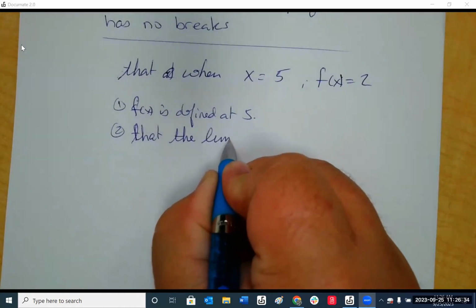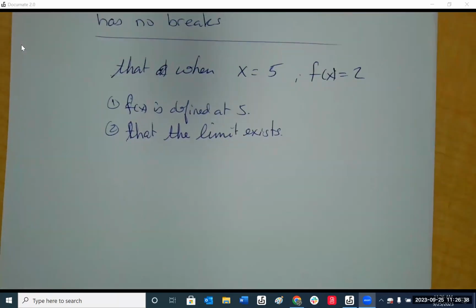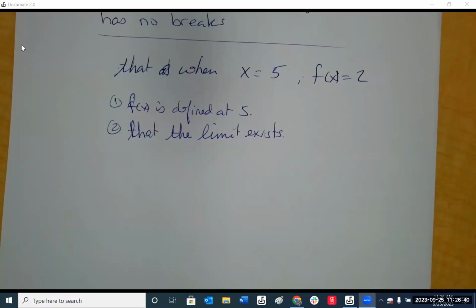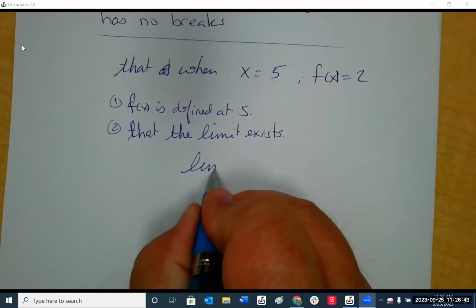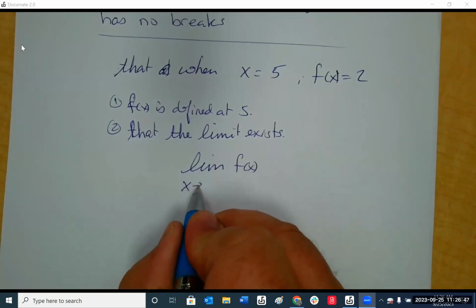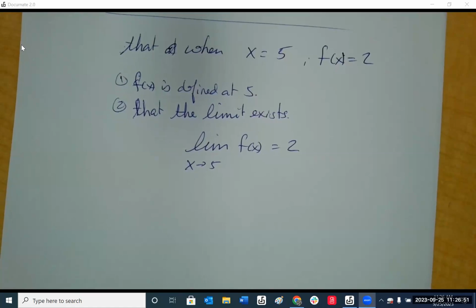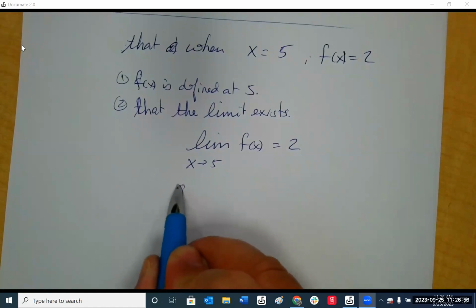That the limit exists. What would the limit be? It would be 2. Right. So we know there's a limit of f of x as x approaches 5, it equals 2. In order for that to happen, we talked about last section that this thing has to